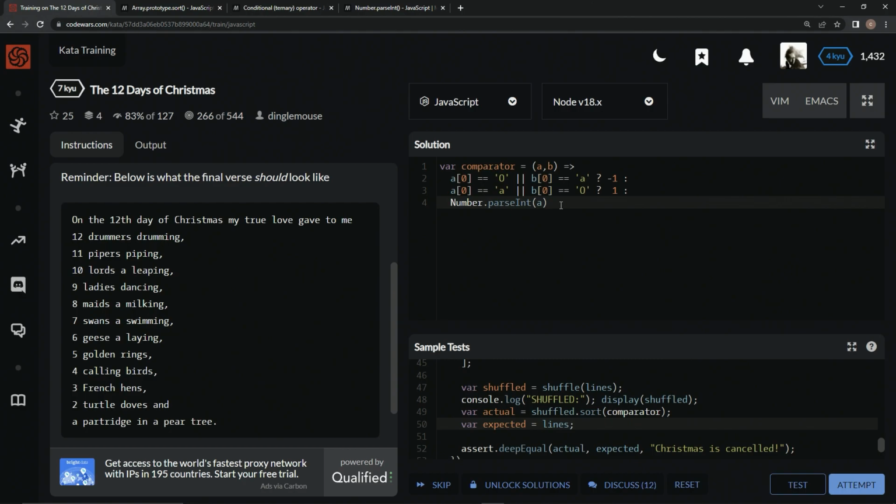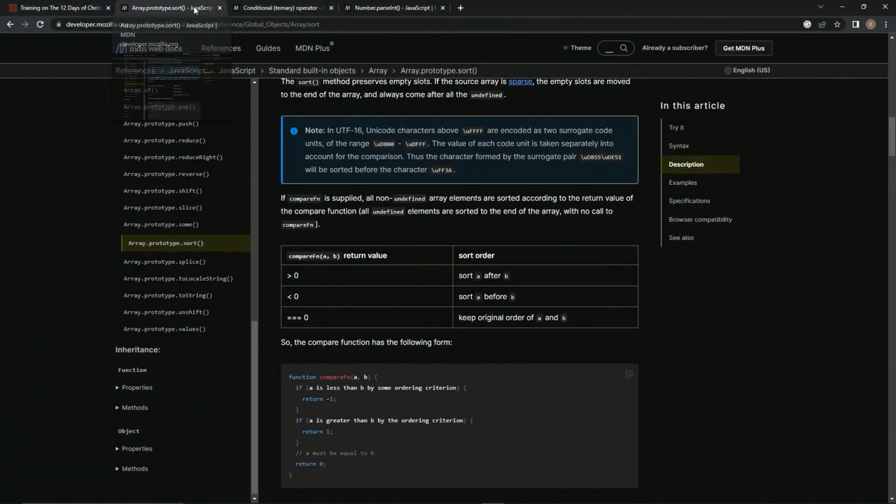If that is greater than, less than Number.parseInt B, we're going to return. So if this is greater than this, and just like down here,